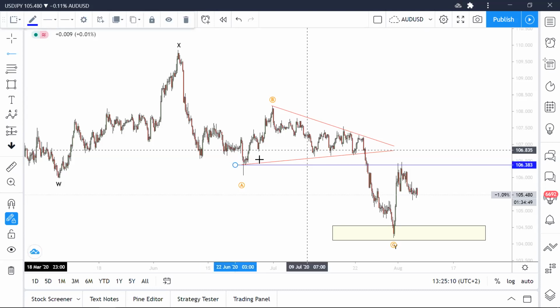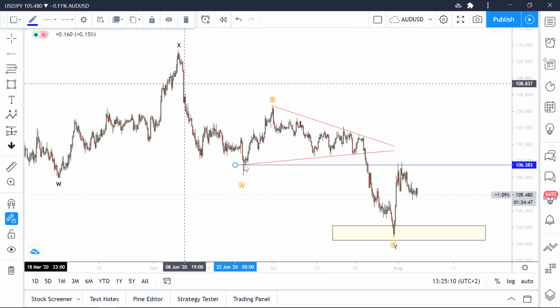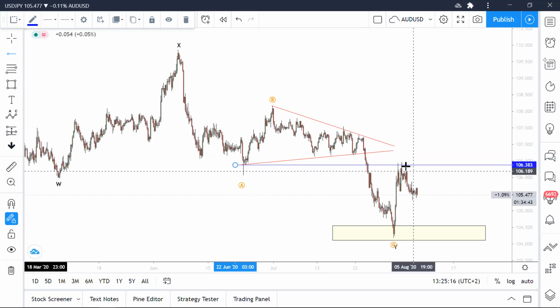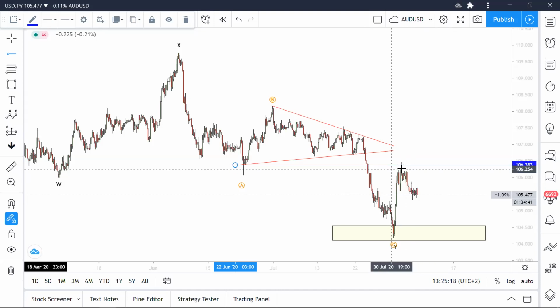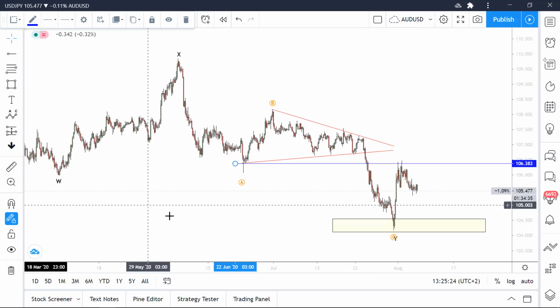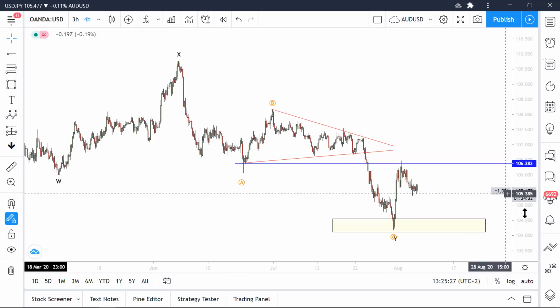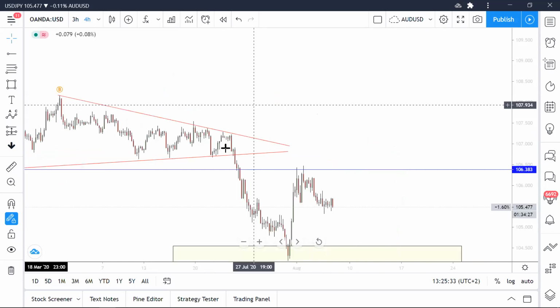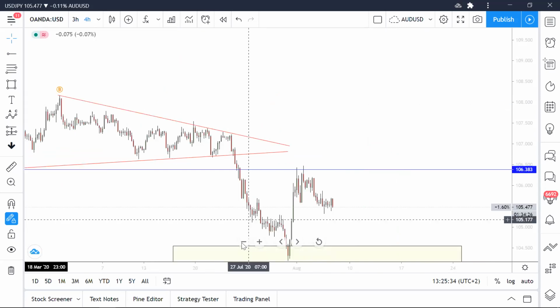You can see we have support here at this impulsive here at the end of wave A. Then you have price, it came up again to serve as resistance there, and you can see price actually bounced off that resistance level over there. Now, if you're looking at the most recent, just after we had this break here,